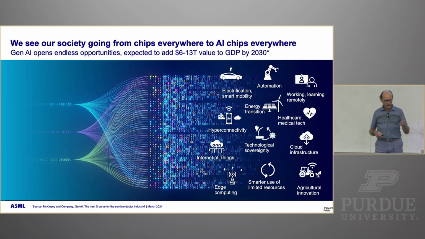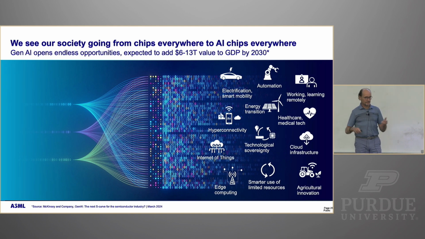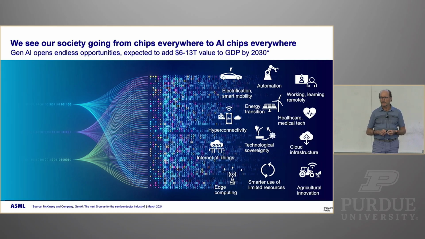Here you see how societal changes, connectivity and so on, it has impact everywhere. And it drives a market value and generative AI. People really believe that this will add $6 to $13 trillion to the gross domestic product worldwide by 2030. Those are incredible numbers. And if the bounty is $13 trillion of value per year, then yeah, $600 billion investment suddenly doesn't sound like that much money, right? But in reality, it's an incredible amount of money.